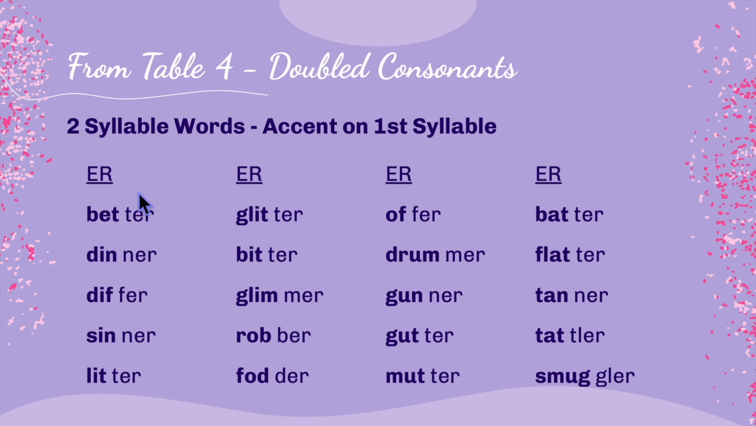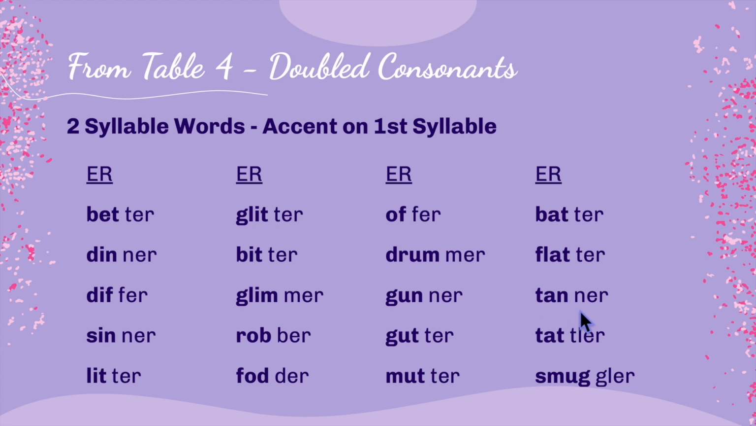Here are more words ending in er: better, dinner, differ, sinner, litter, glitter. Note in these words, I'm doing it with the standard American pronunciation, which I do automatically, where the T sounds more like a D. Bitter, glimmer, robber, fodder, offer, drummer, gunner, gutter, mutter. Note that these syllables with a vowel in the middle or at the beginning of the syllable have the short sound. Batter,